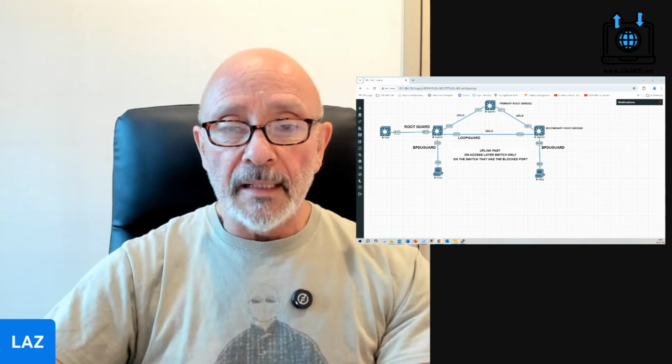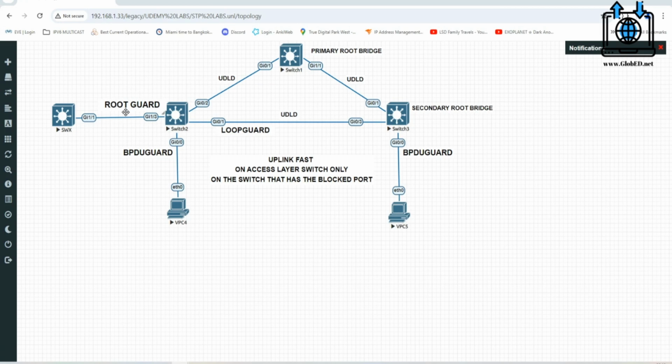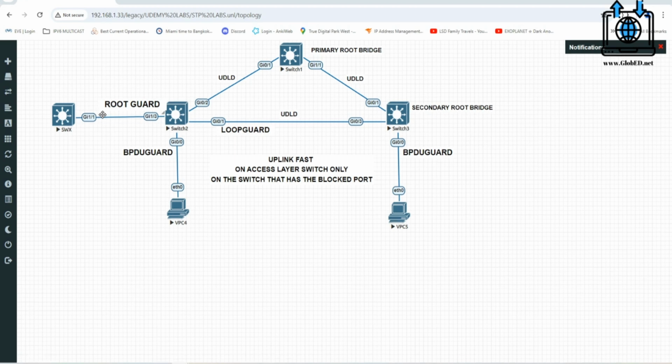All right, so let's take a look at the labels. I'm going to put a root guard here, because the switch that somebody plugged in there, I never want it to be a root port. I don't want this switch to take the role of the primary root bridge. So we put root guard in there to protect the root bridge.